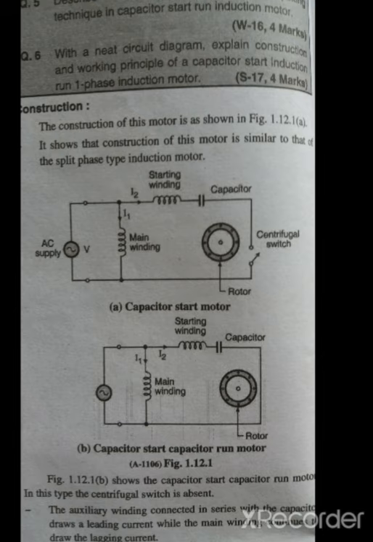So the production of RMF, means rotating magnetic field, the total flux, that is phi T, is the sum of the individual fluxes of phi R, phi Y and phi B. If we need to calculate the total flux, we have to add these three individual fluxes.